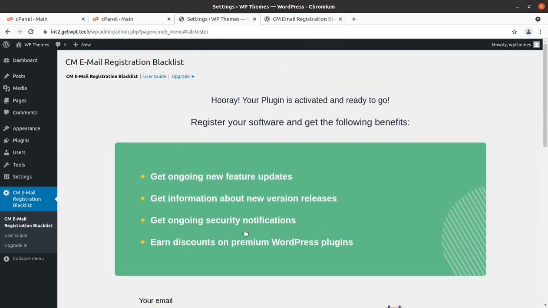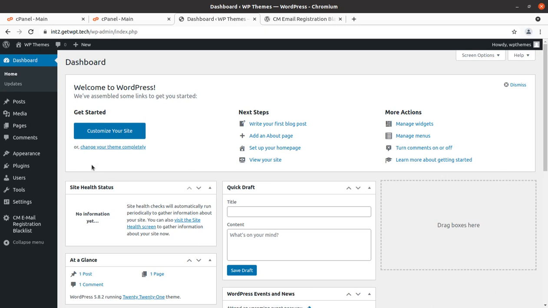So this is a simple solution. I have shown you all the options that are available in the free version. This is a simple method, but you have to use it wisely. This plugin offers a simple solution through which you can restrict unwanted users from registering at your website, especially if you are running an e-commerce website, since WooCommerce offers direct registration during checkout. So this can be a big problem for website owners who are offering direct registration.